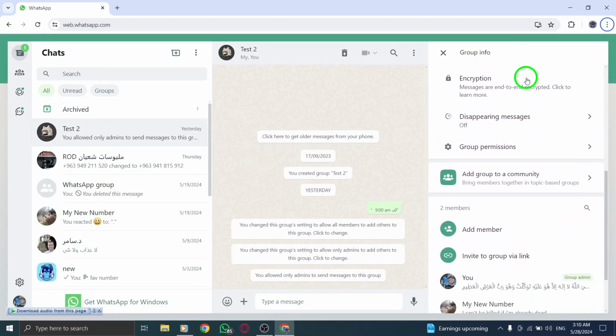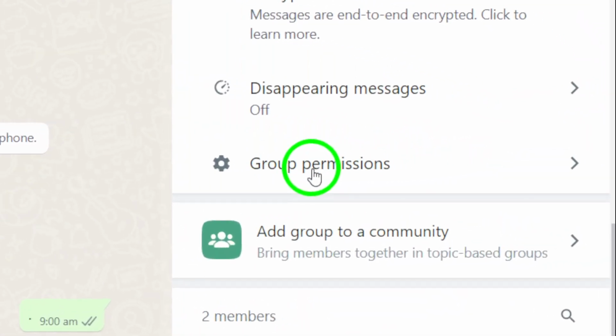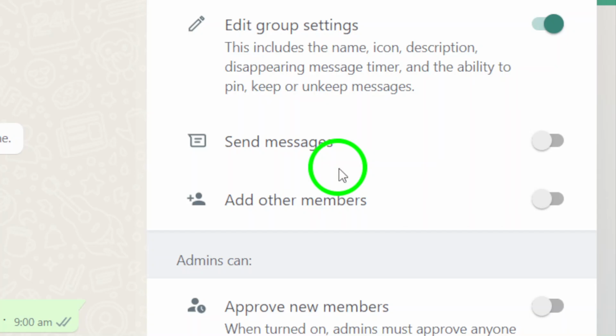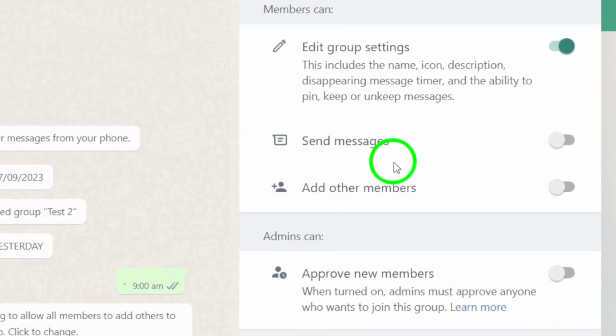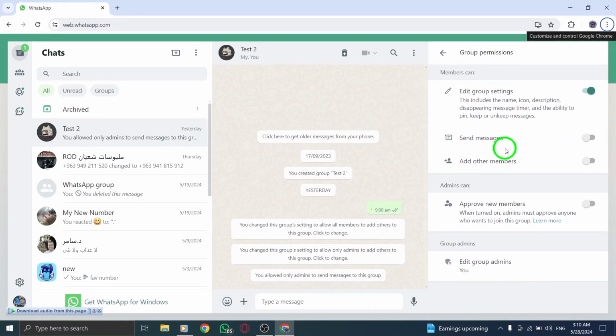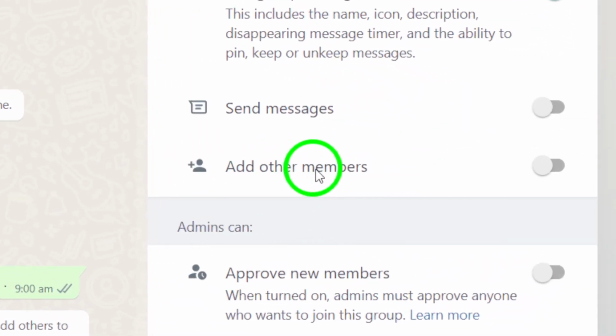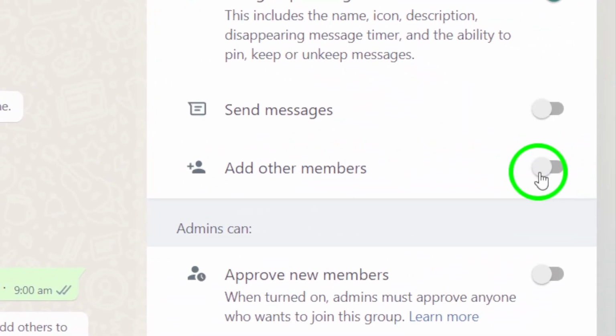Scroll down within the Group Information section until you find the option for Group Permissions. Click on this to access the specific settings related to member permissions within the group. Within the Group Permissions settings, look for the option to Disable Add Other Members. By disabling this feature, you're ensuring that only existing members can send messages in the group, preventing new members from